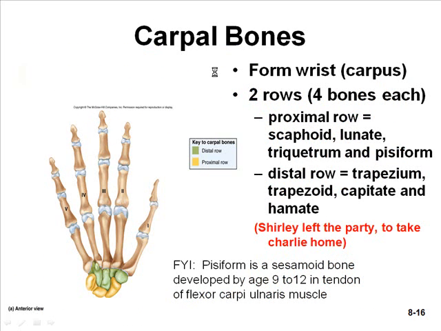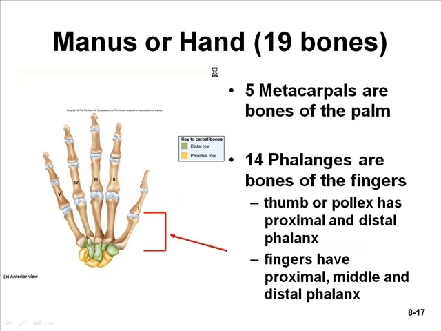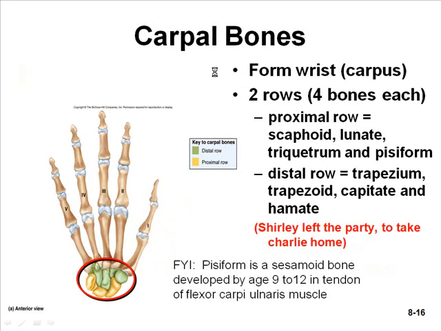The carpal bones, of course, are the bones that form the wrist. There are 8 of those. So 2 rows with 4 bones in each. So if you look at the proximal row, and this is the one that Miss Sundenstein came up with, so if you want to use that one, Shirley left the party to take Charlie home. The one that I have is an alternate to that, is Todd Toller